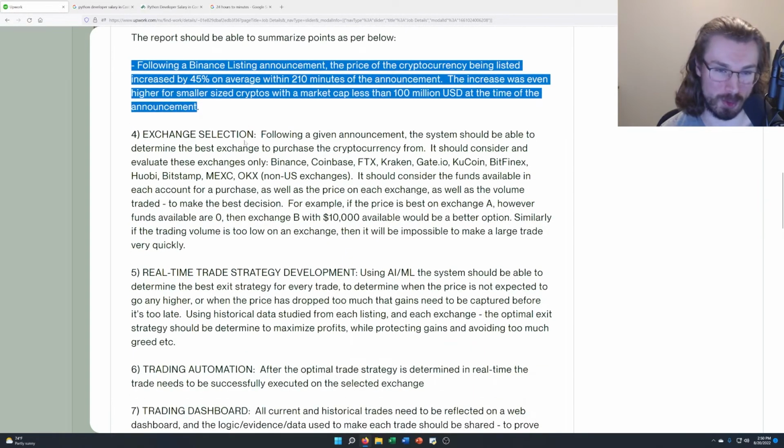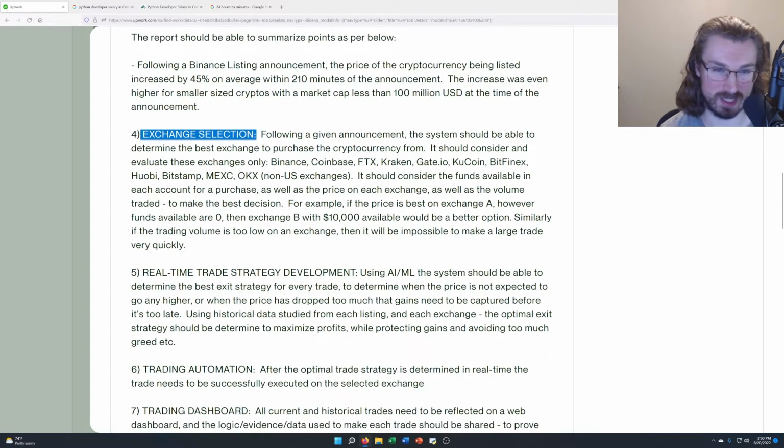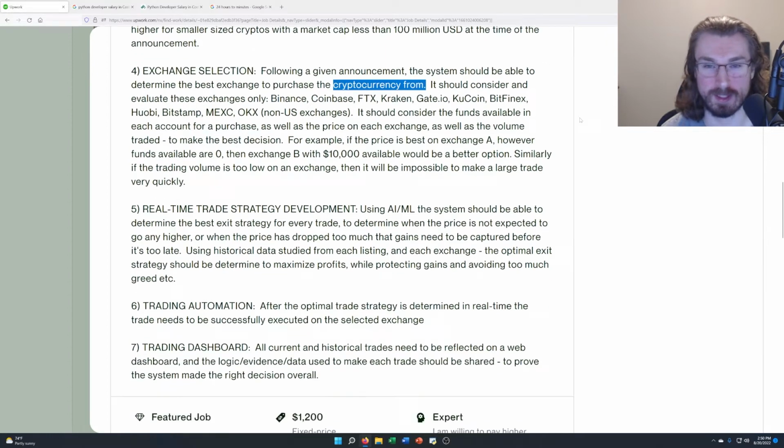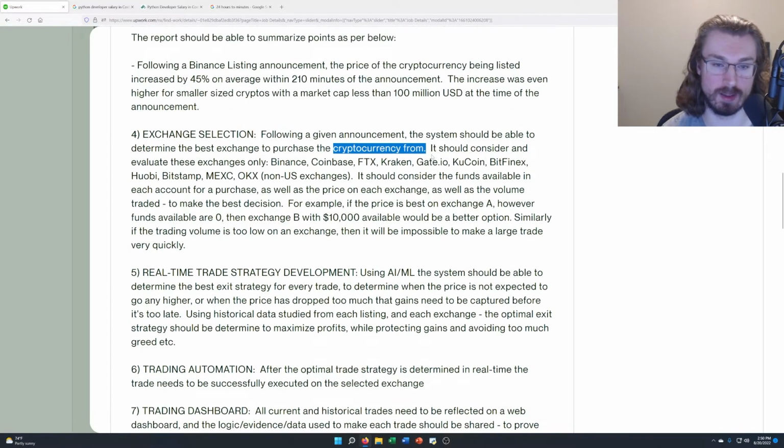Okay, what's the fourth requirement? Exchange selection. Following a given announcement, the system should be able to determine the best exchange to purchase the cryptocurrency from. So basically, this would just be checking the asset price on these different exchanges and then in real time comparing the values from each exchange and then saying, well, this one's the lowest, so place the trade on this one,